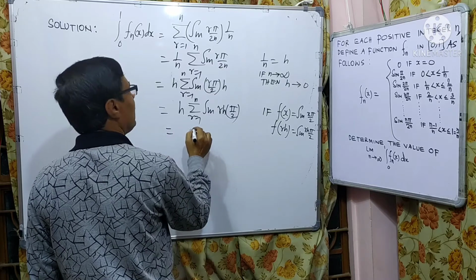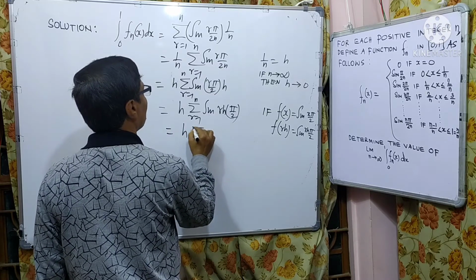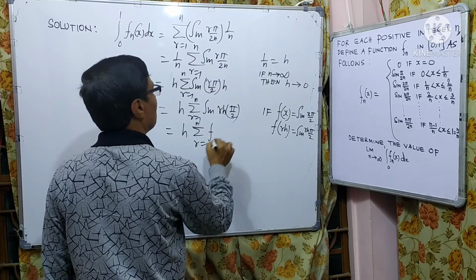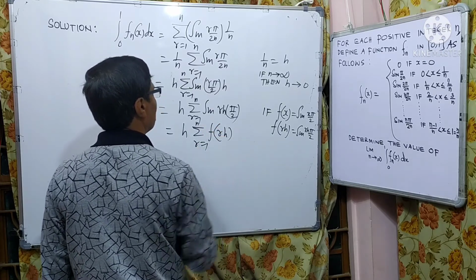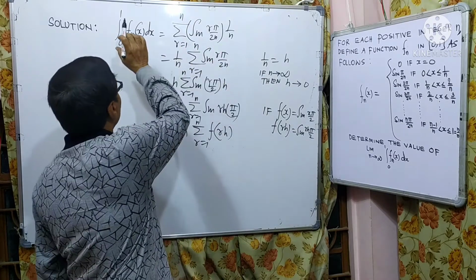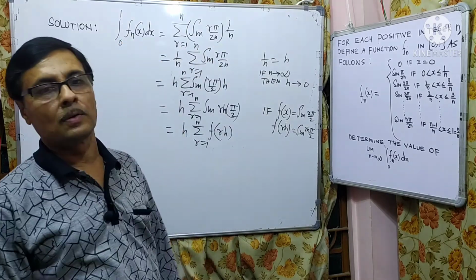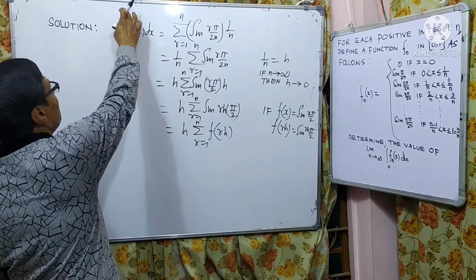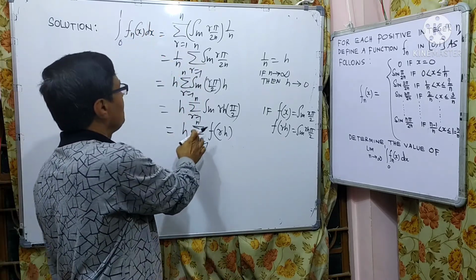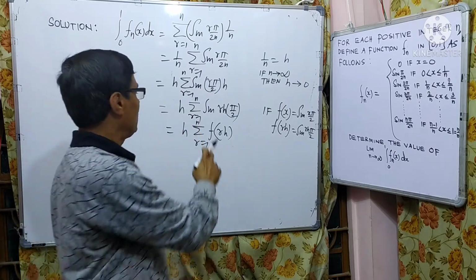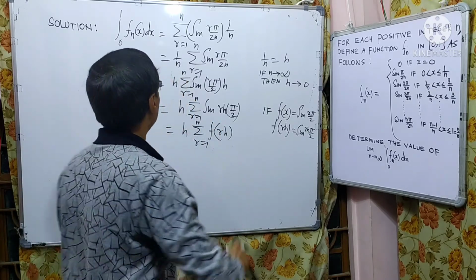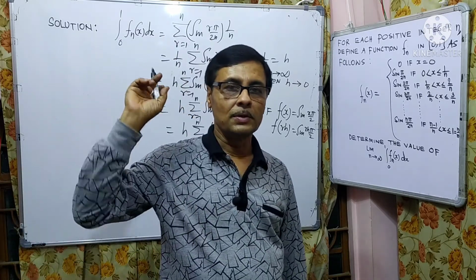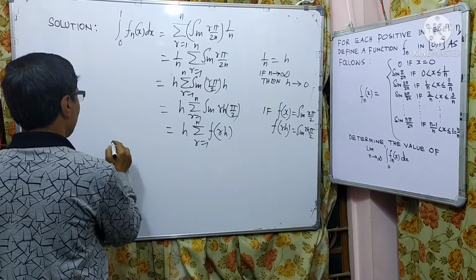So we can write h summation r equal to 1 to n f of rh. If we take the limit n tends to infinity on both sides of the equation, the integral 0 to 1 fn x dx equals h summation r equal to 1 to n f of rh. If we take the limit n tends to infinity on both sides of this equation, we get